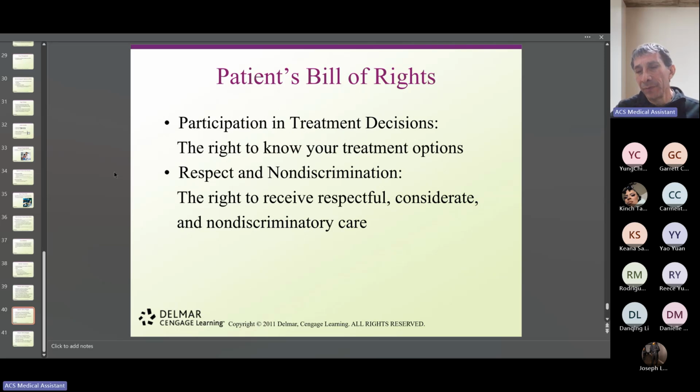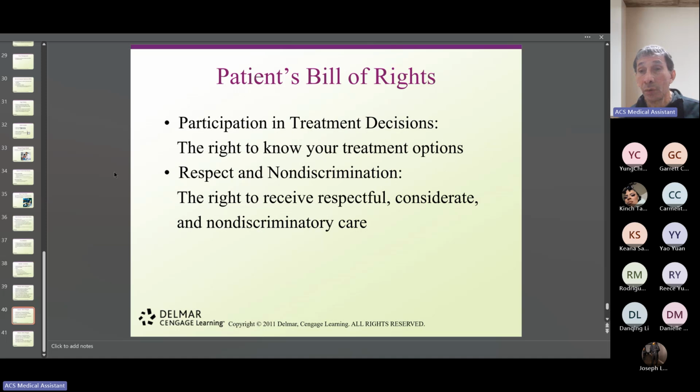Participation in treatment decision. Regardless of where or from whom you are receiving your services, you are part, as a patient, of any decision that the medical doctor wants to make for you. You decide whether you want to go with the treatment or whether there are other options. So you determine if you want the services or not. Remember, that's the patient's right. The patient has the right to refuse treatment.